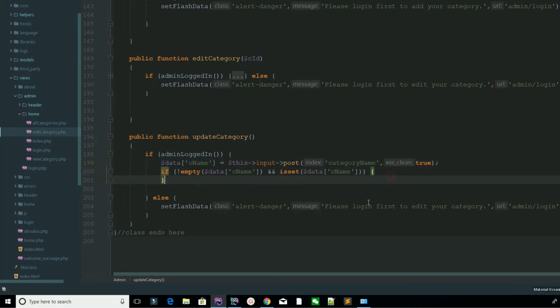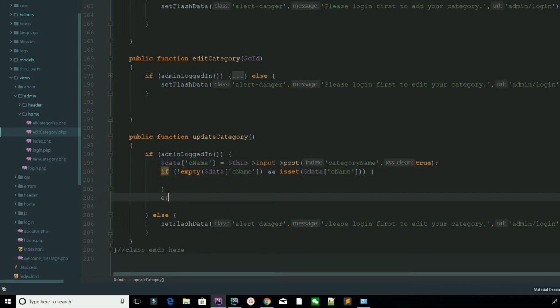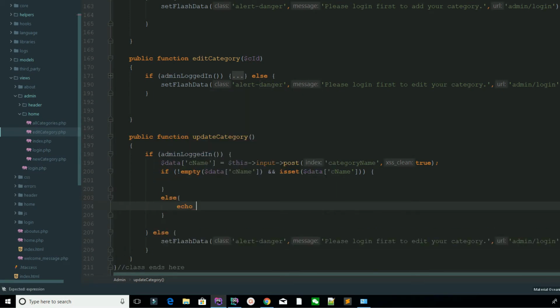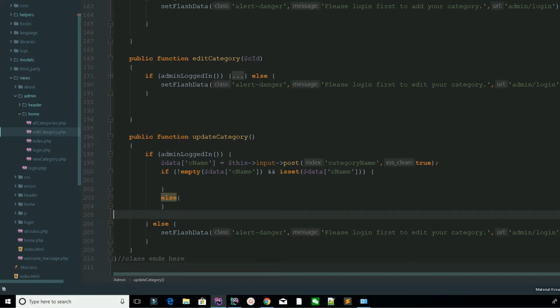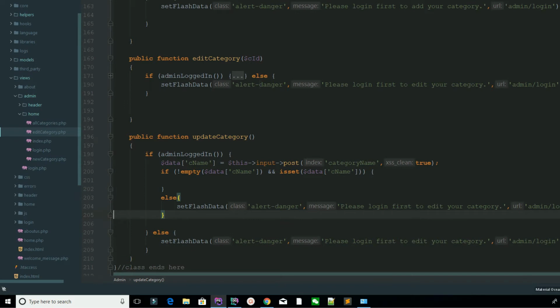Fine, update it, otherwise redirect with error. So how can you redirect? I'm saying category name is required,